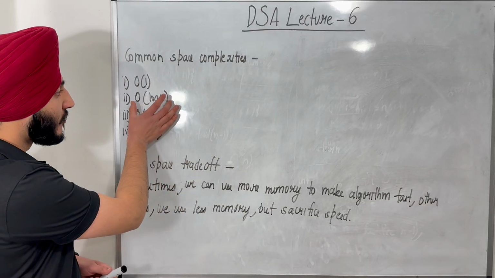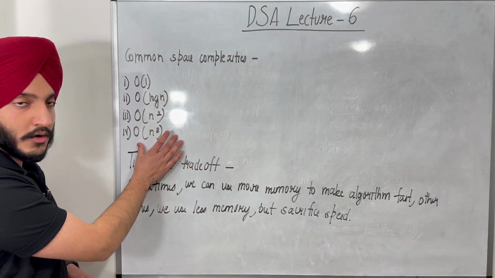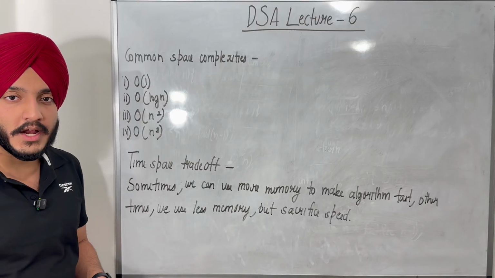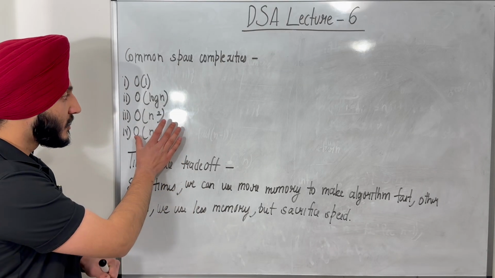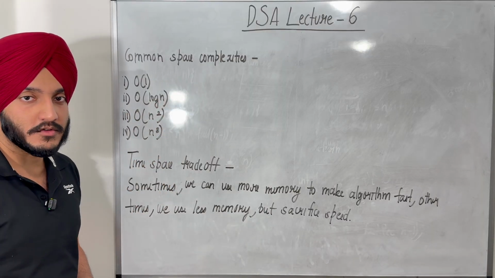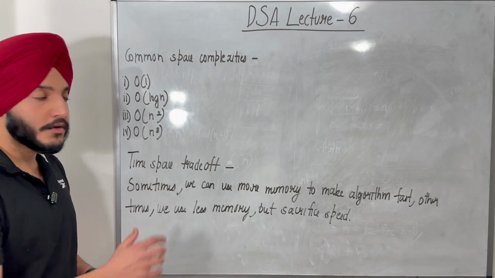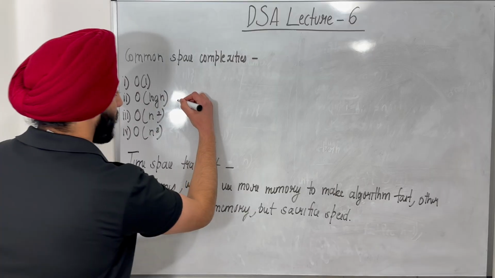Second one is order of log n. Don't worry about these three as of now, right? They're kind of complicated, I totally understand. When we come across algorithms which use this space or which basically have this space, I will definitely introduce it, right? But just for a quick overview, one of the examples of log n space would be